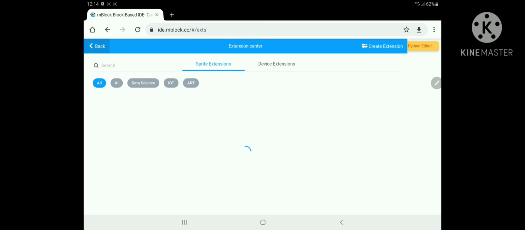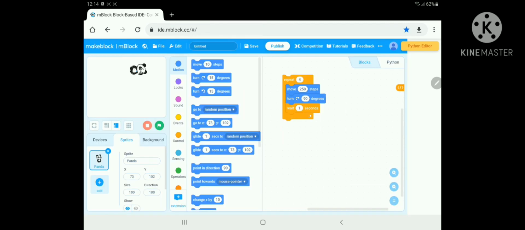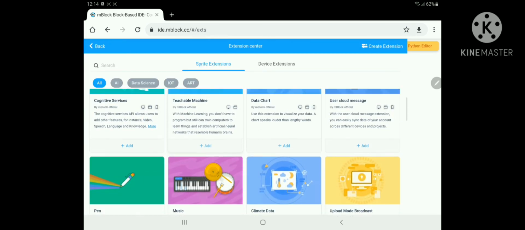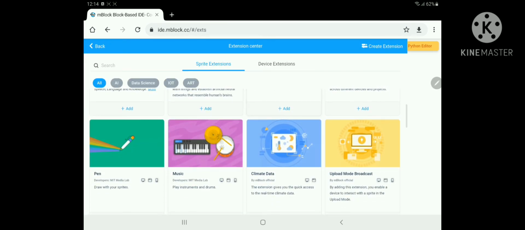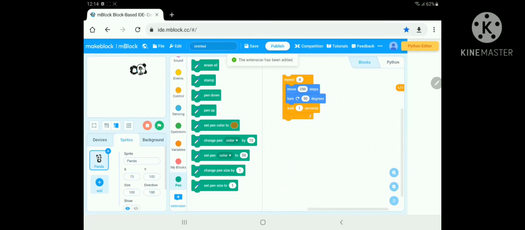I will show you how to add an extension. From here we can see the extensions. For this we need a pen extension, so I'm adding it. It has been added.